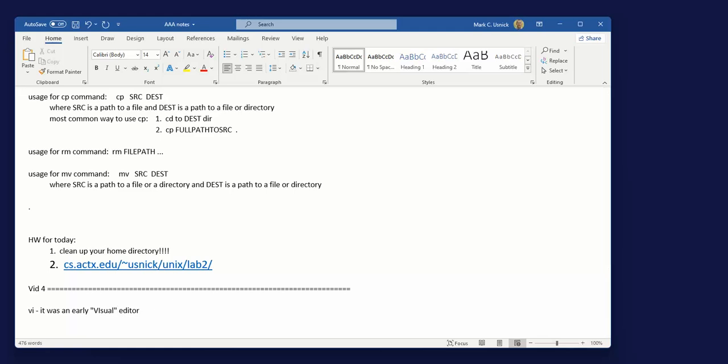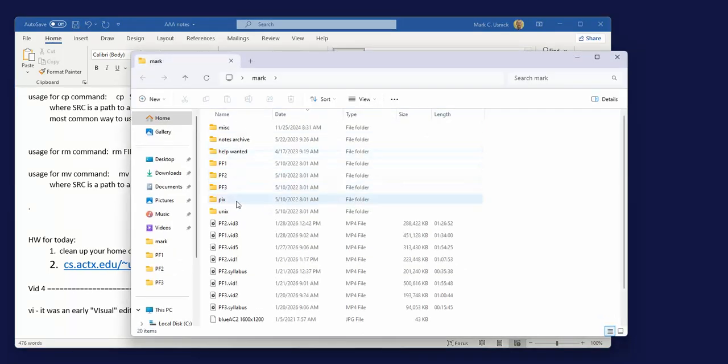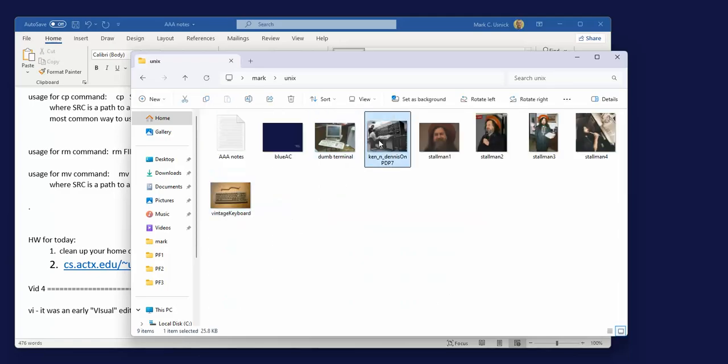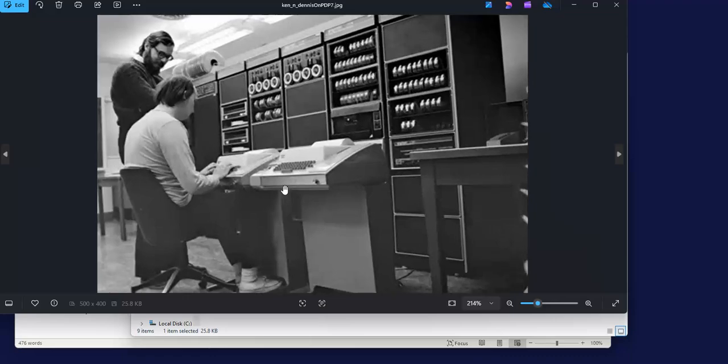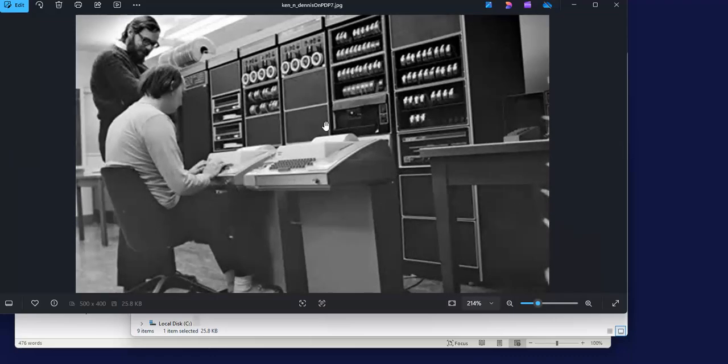That's one thing for you to think about when we look at this old famous picture here. These guys were programmers. They're writing programs. But this was their interface, this paper console. How do you edit a file when all you have is a printer that prints things out one line at a time? They had to edit files. They're programmers. So anyway, imagine you've got a file in your file system there,